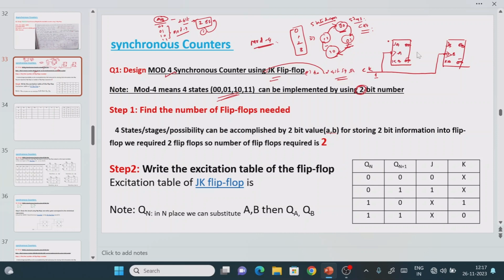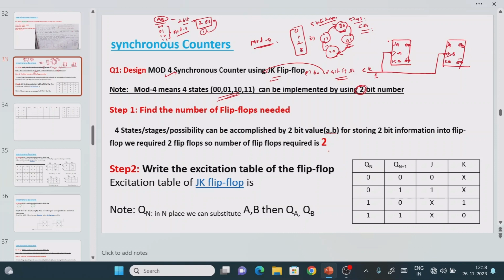After finding the JA, KA, JB, KB values, it will become the mod 4 synchronous counter or 2-bit synchronous counter. Now the question is how to find out the JA, KA, JB, KB values, that is the point, right? So for that, what are the steps? Step 1 is completed, identification; step 2, state diagram; step 3, circuit diagram. We will come back here again once we find the JA, KA, JB, KB, so that our final circuit diagram will be ready. So step 3 is completed.